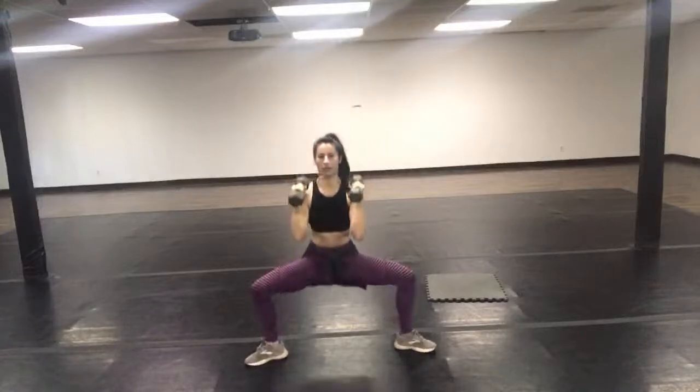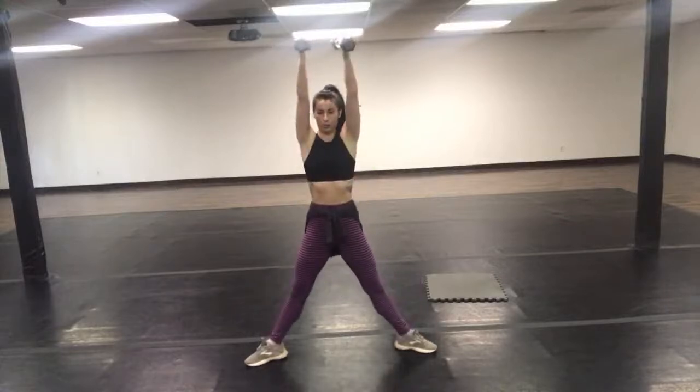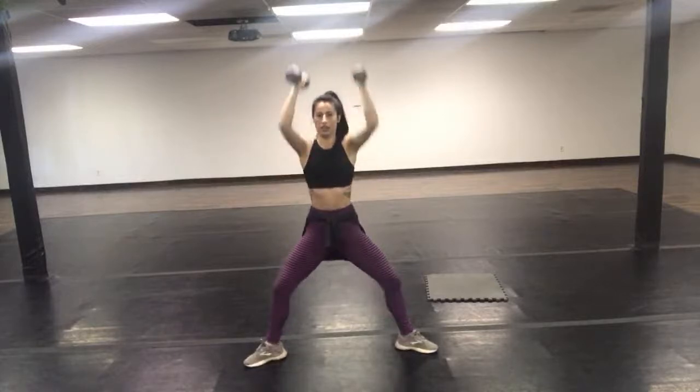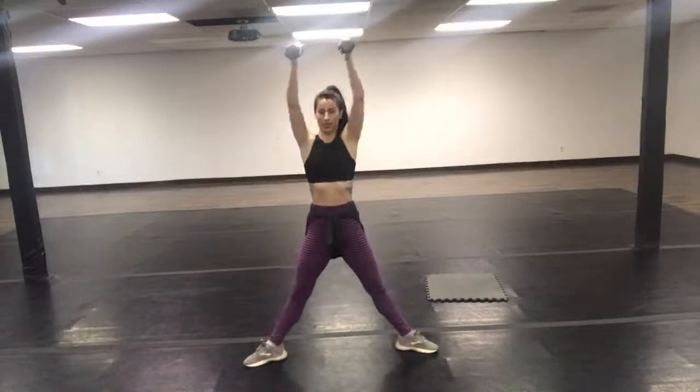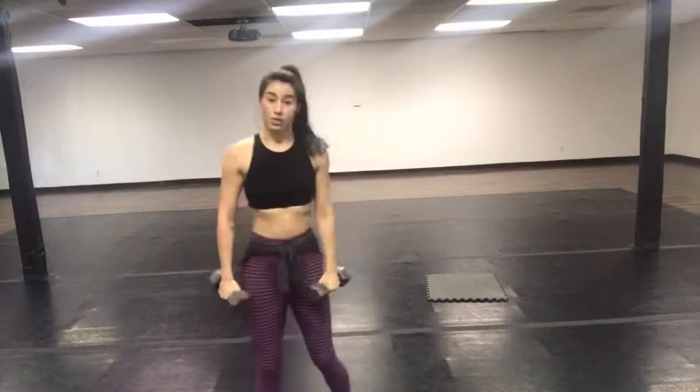Overhead press. Squeeze those inner thighs together to bring yourself up. Make sure the hands do not get behind the ears on the extension. Nice work. Number 3 is your chest press